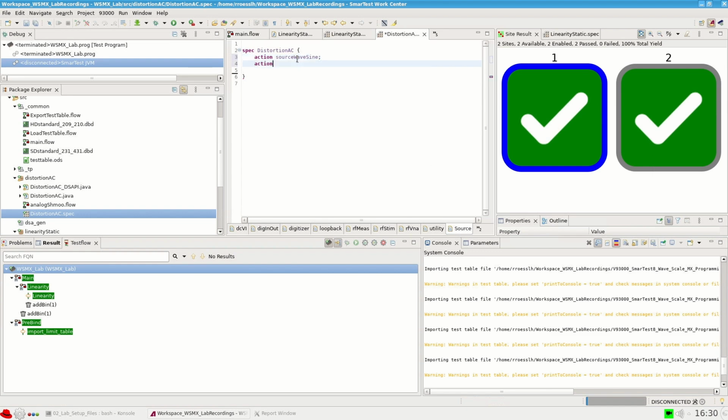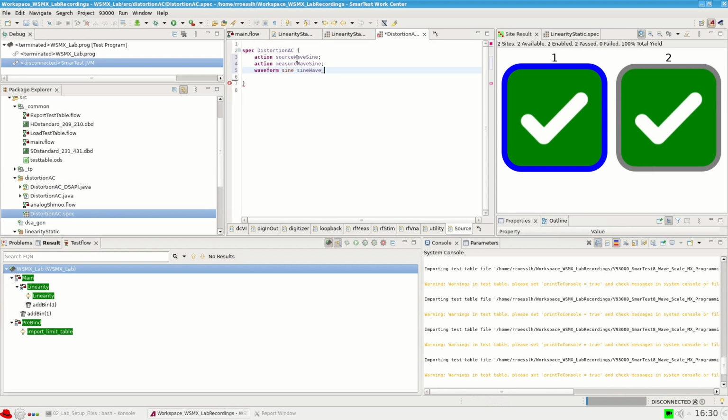We have the action measure wave sine, and then we can set our waveform. If we start typing waveform, then control space will automatically give us that one. Then we say we want to have a sine, and then we call it sine